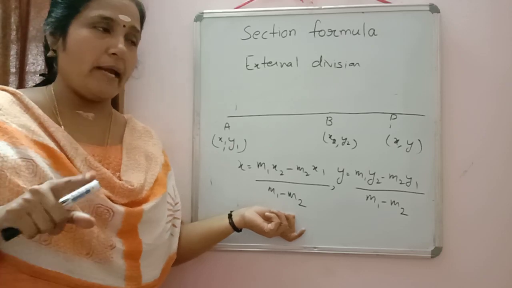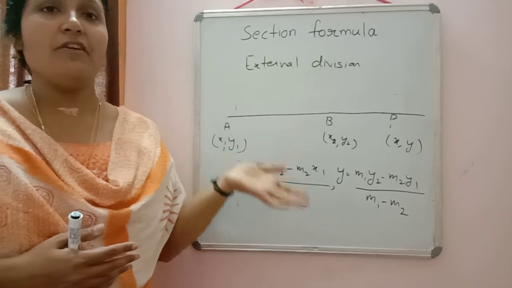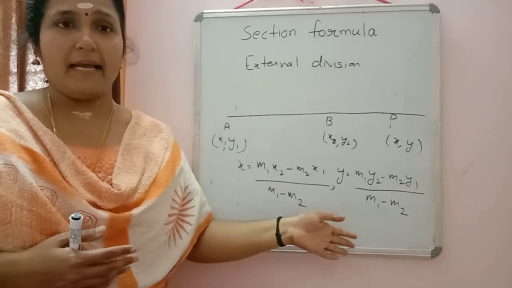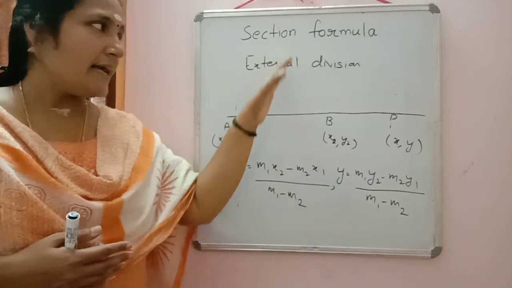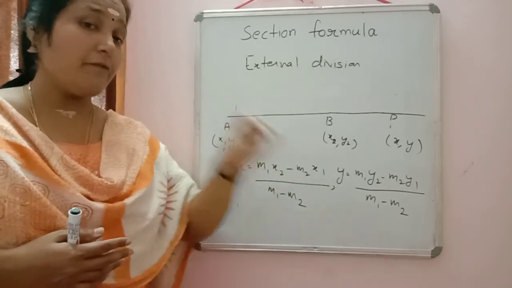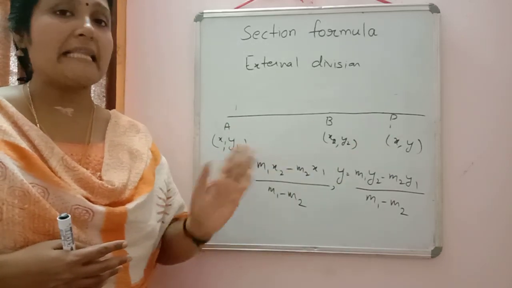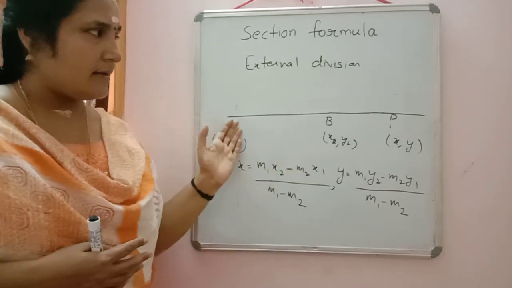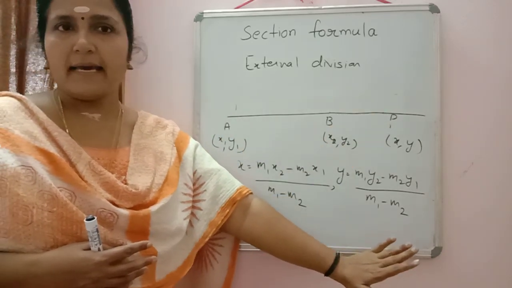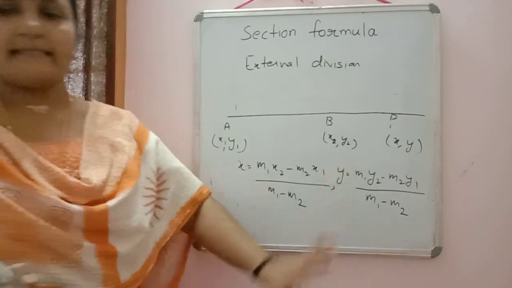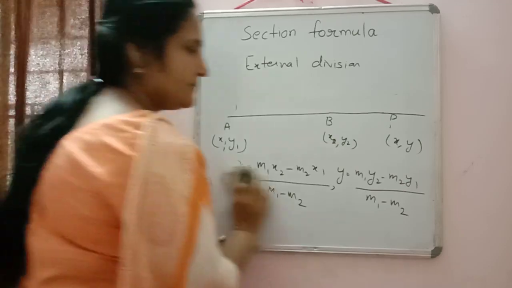It means that the point divides the line segment externally, but most of the students thought the ratio will never come negative, so they cancelled the solution, which was correct only. That's why I explained this question to you. If sometime you get the ratio negative, don't think that it is wrong. It will divide the line segment AB externally. Clear? Okay. Now we will check how to solve the questions based on this formula.